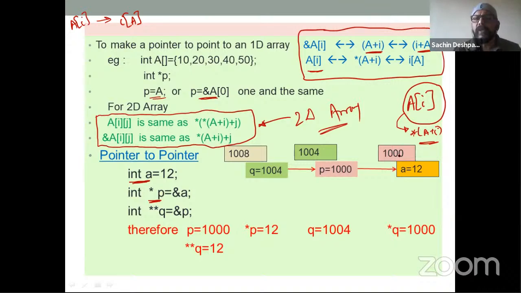Let us assume these are the addresses: address of a, address of p, and address of, let us assume, q, because every variable declared will always consume some chunk of memory. So even if you declare a pointer, a separate memory location is kept for holding the address. And one more thing, irrespective of the type of pointer,